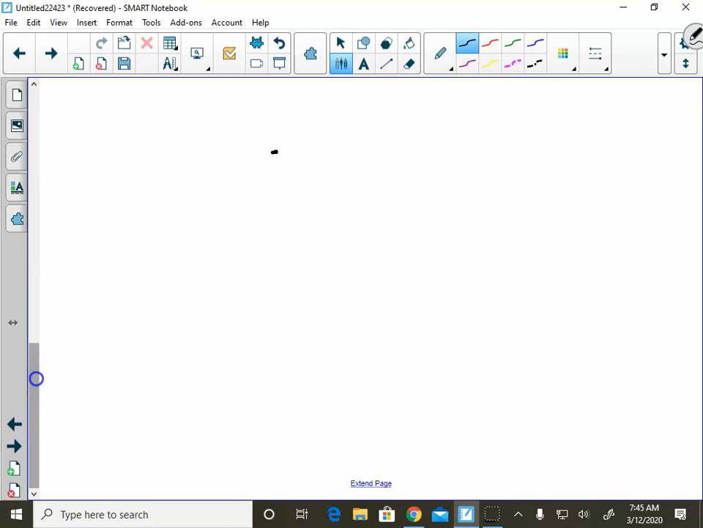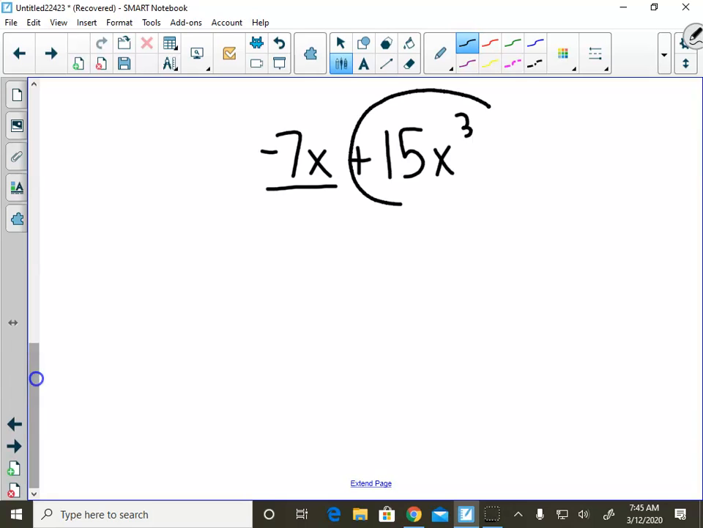Something that looks like this. This is going to be a binomial because there's 2 terms, and the degree is going to be 3, because even though the negative 7x is the first term, the term that has the highest exponent is the positive 15x cubed. So that's the term that's used to